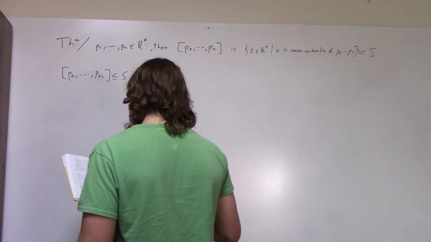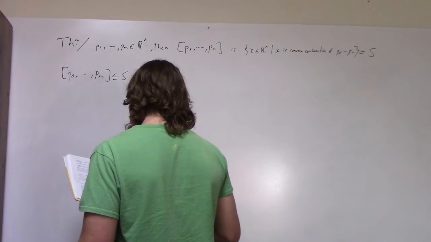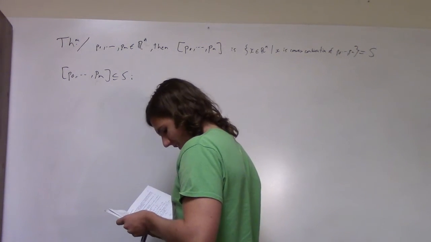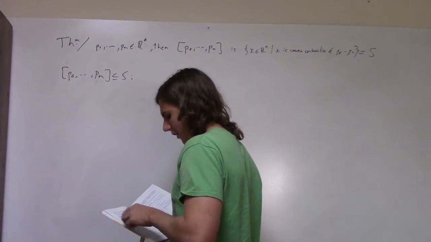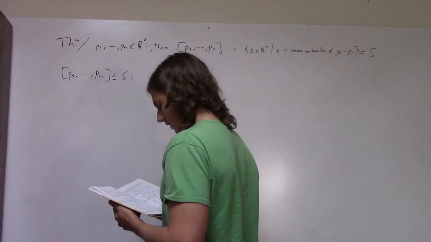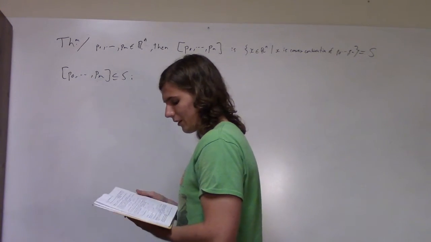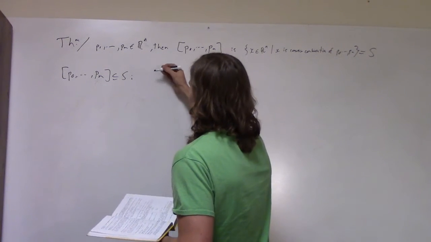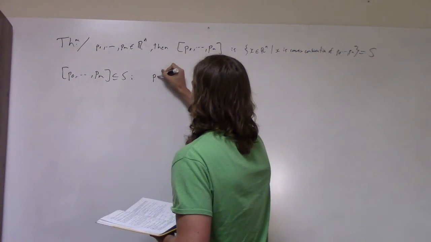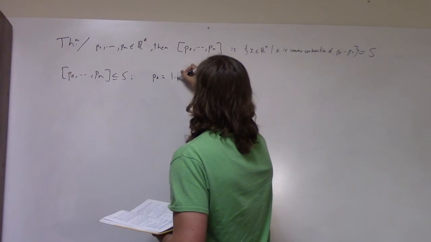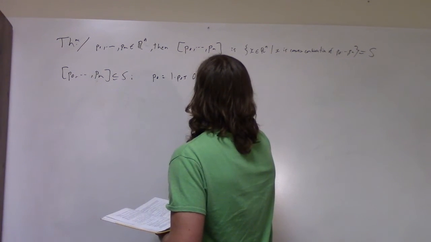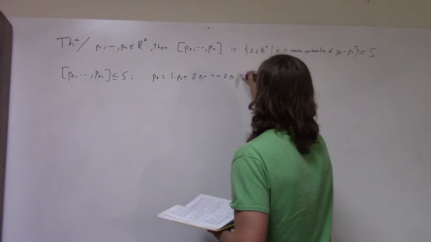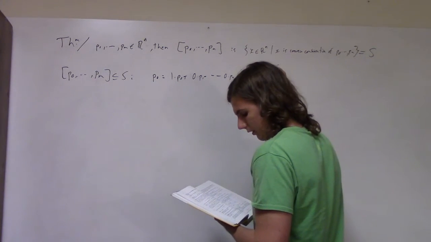Here we're looking at a set of points. The first thing he does is say that each of these points is in S. The way we can see that is, for example, p0 is equal to 1 times p0 plus 0 times p1, which is an element of S. The same goes for all the other ones.